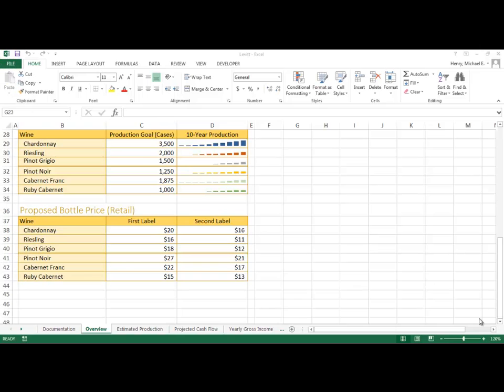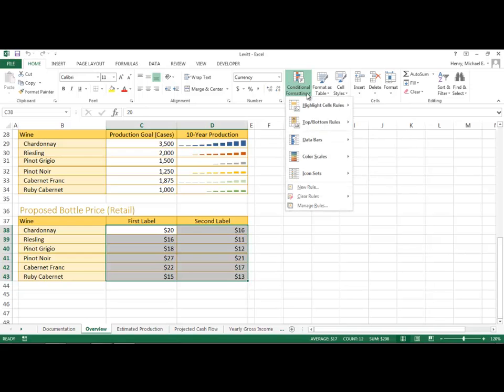Another way we can add visual look to our data is a way that we've already looked at before, which is using conditional formatting, although we didn't look exactly at these particular things called data bars. So in this case we have our pricing right here under the first label and second label, and what we're going to do is add a visual to that, something called a data bar. So right here under conditional formatting I'm going to come down to where it says data bars,